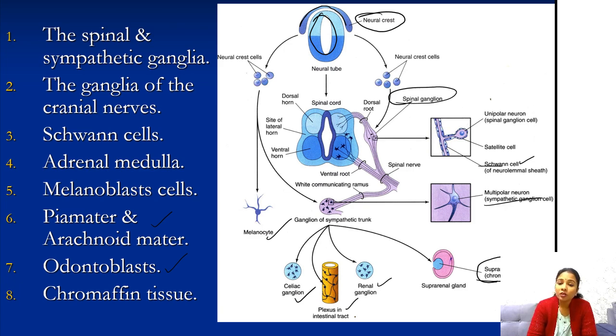Some textbooks also give that the tracheoesophageal septum, the septum between the trachea and the esophagus, is also derived from the neural crest cells. Even the urorectal septum between the rectum and the urinary bladder is also derived from the neural crest cells. The leptomeninges, which are nothing but the pia mater and arachnoid mater, are derived from the neural crest cells, and the odontoblasts of teeth are derived from the